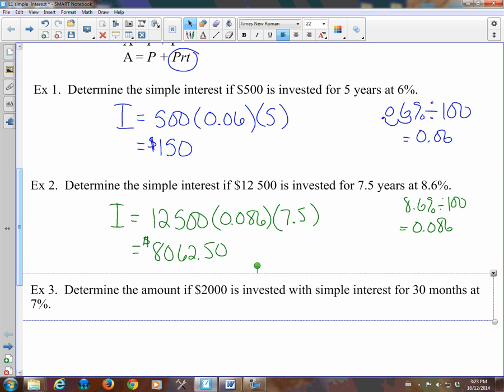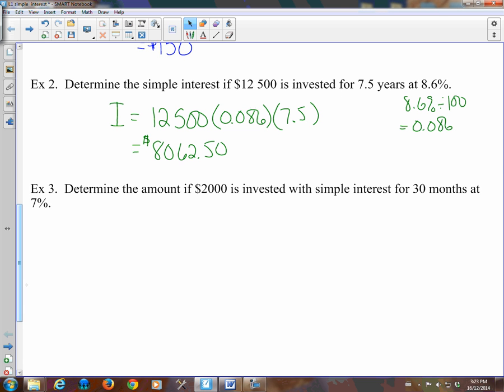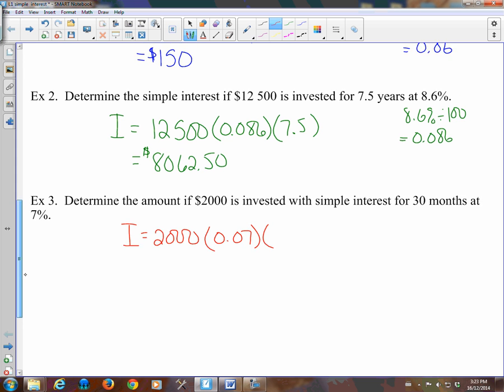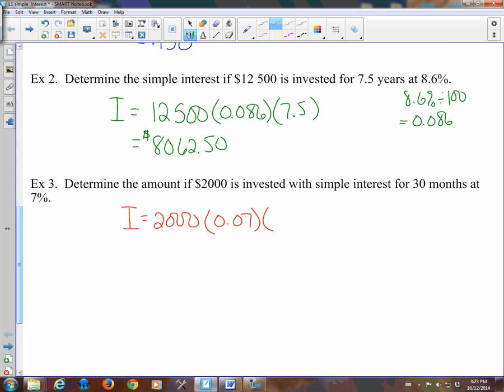All right, one more quick example. Determine the amount if $2,000 is invested with simple interest for 30 months at 7%. So the interest is the principal times the rate, 0.07, times the time in years. 30 months is 1 year plus 6 more months. So that's 1.5 years. Watch your time when you enter it in your equation. So I have 2,000 times 0.07 times 1.5, which gives me